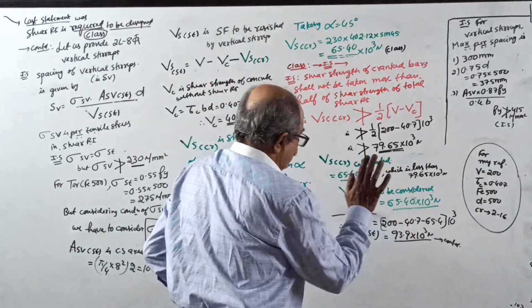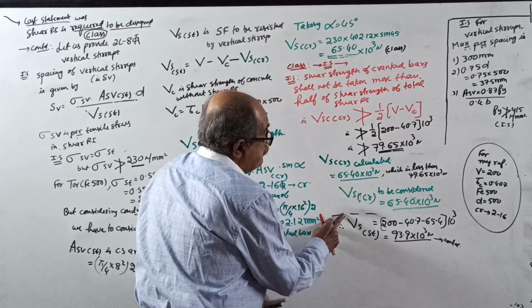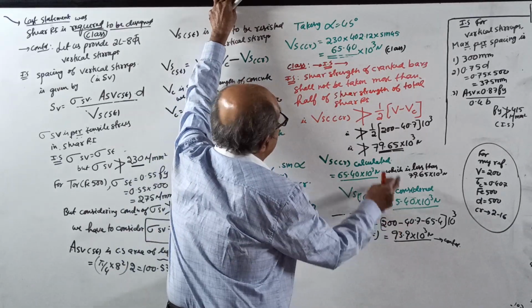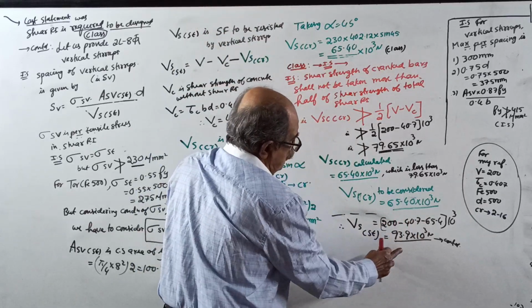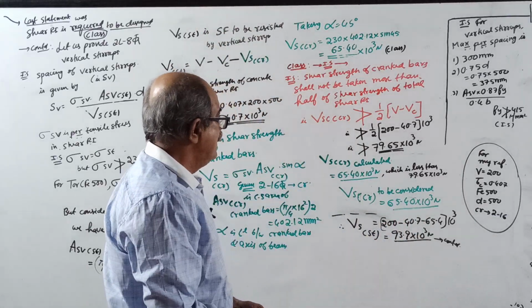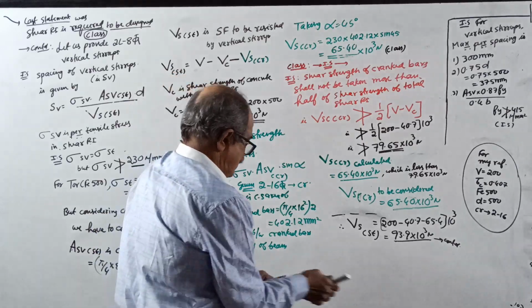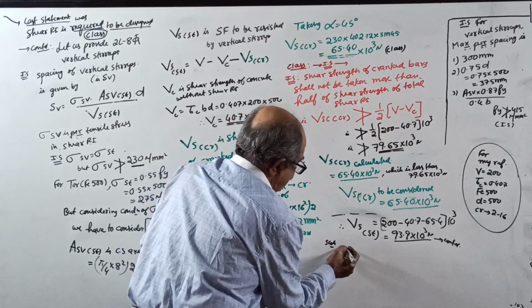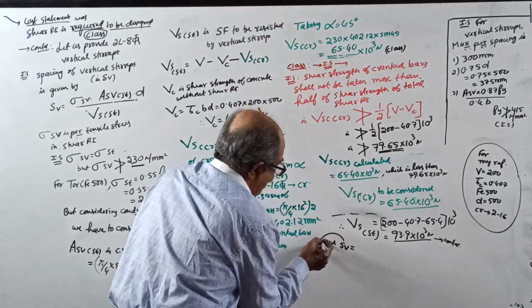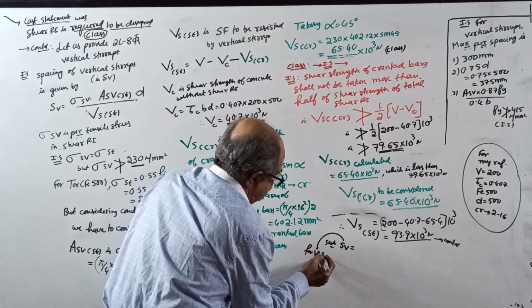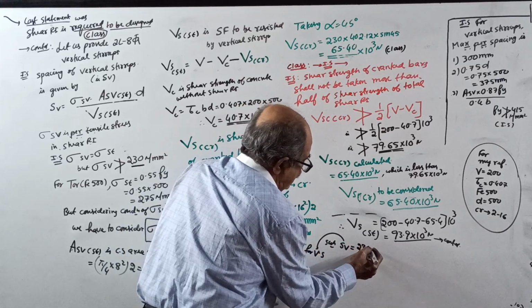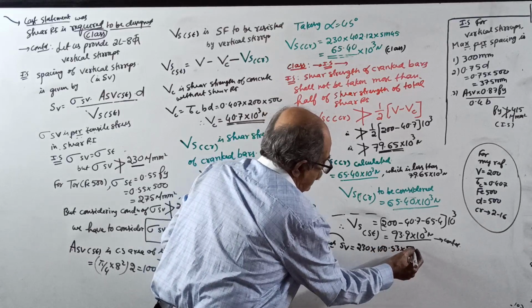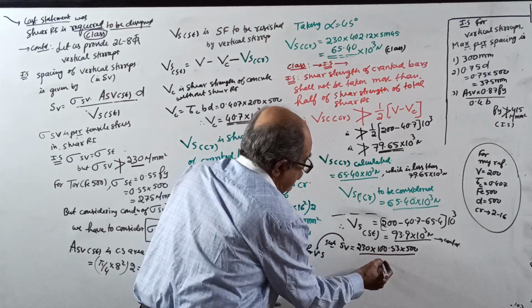1 minute. I'll give an example for you. I'll complete it first. Substituting, VSST equals 200 minus 40.7 minus 85.4, which comes to 73.9 into 10 to the power 3 Newton. Okay, now the last step I'll complete here, so that I close the question. Substituting SV for vertical stirrup: 230 into 100.53 into 500 divided by